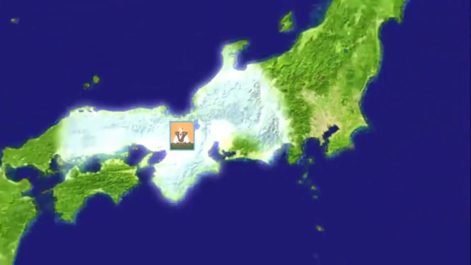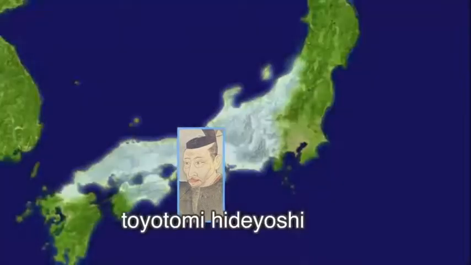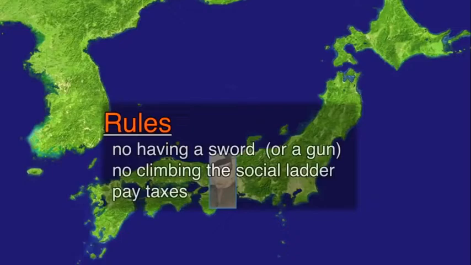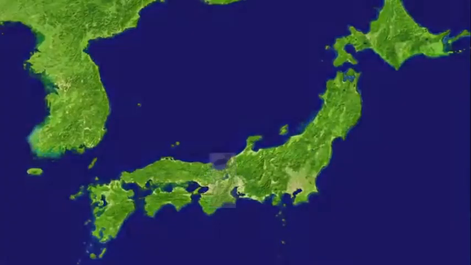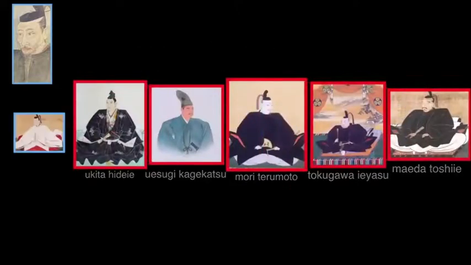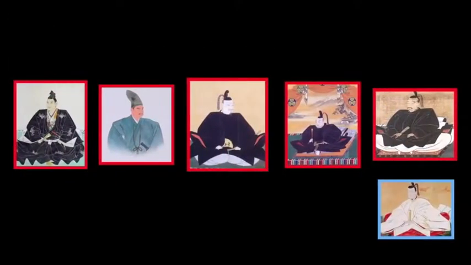He's about halfway through conquering Japan when someone who works for him kills him, and then someone else who works for him kills them, and that guy finishes conquering Japan. And then he confiscated everybody's swords and made some rules. And now I'm going to invade Korea and then hopefully China, he said, and failed, and also died. But before he died, he told these 5 guys to take care of his 5-year-old son until he's old enough to be the next ruler of Japan.